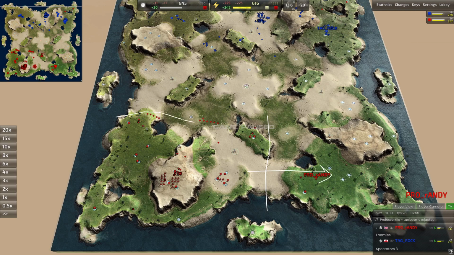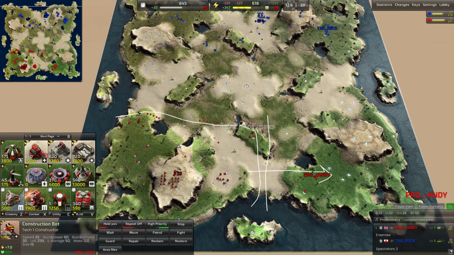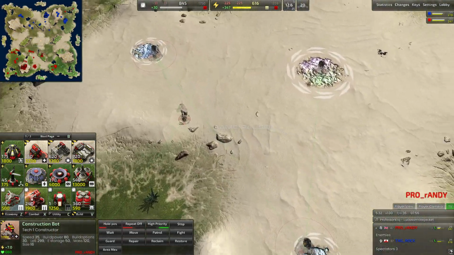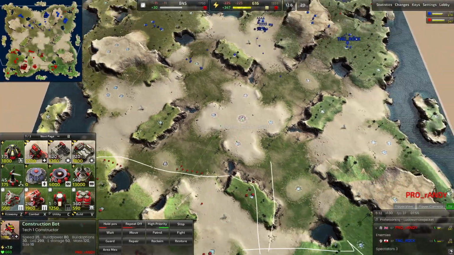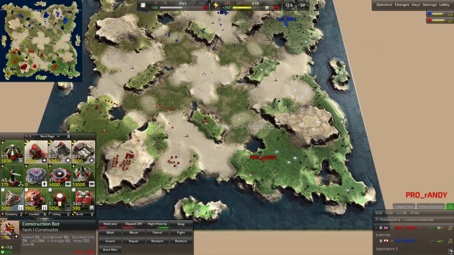He's got his side of the map, or his quarter of the map, already completely expanded to, and is then finally using a construction bot to contest the middle of the board here. So he's going to be adding on, I'm assuming that's a radar, yeah, exactly. So blind expanding with the construction bot, but not before adding on a radar here in the middle. So really cool to see Randy's style on this map, and I hope this helps you all in your future